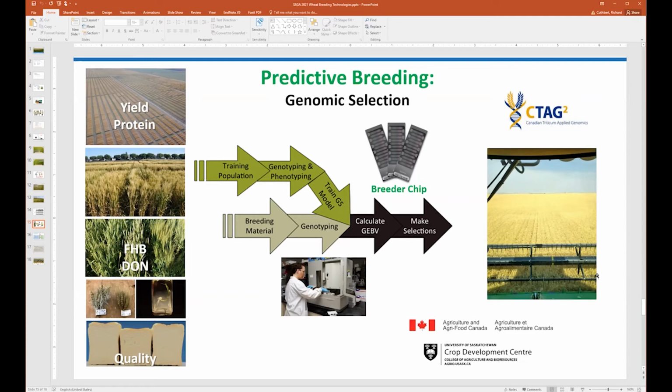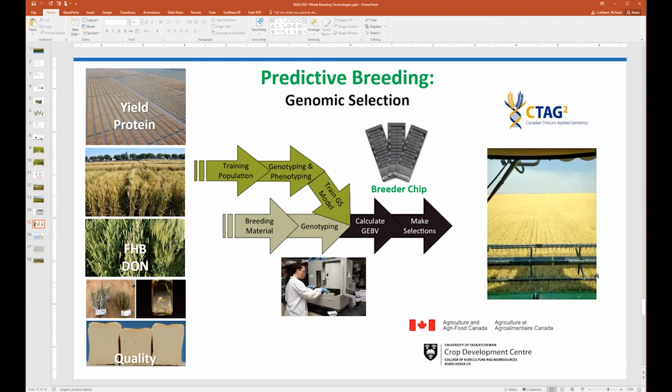So if we can make use of that more efficiently, along with new genomic technologies, you've heard that the wheat genome's been sequenced and new lines, varieties, have been sequenced since. So that's what this is about, predictive breeding. Can we use a breeder chip? So instead of one marker at a time or two markers at a time, can we use thousands of markers that will adequately characterize a wheat line,